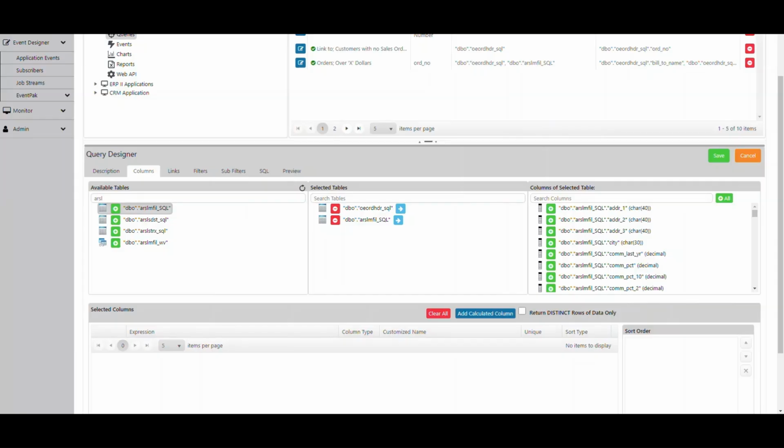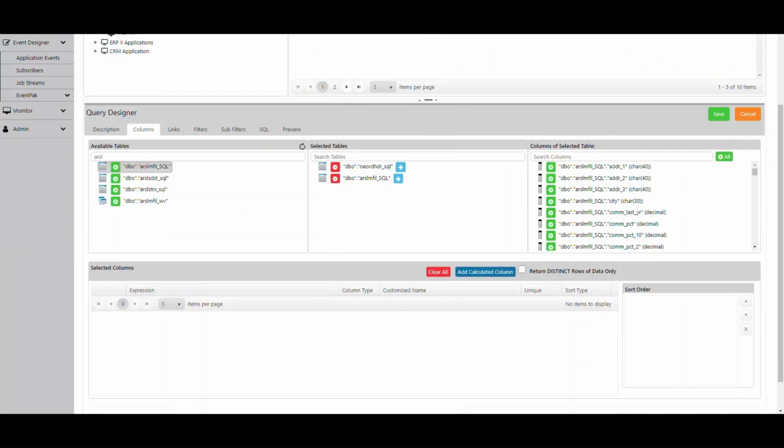Next, we need to choose the columns or fields for this query. The first column is the field that we are performing the aggregate function on. So we're going to count the number of sales orders. Typically, we want to choose the unique ID or primary key of a record in a certain table. So in this example, we want to count the number of sales orders, and the primary key is the sales order number. So we're going to start our count aggregate query by selecting the order number from the order header